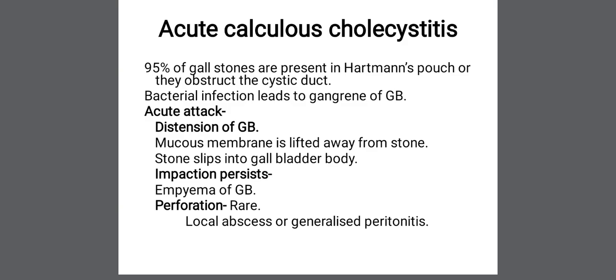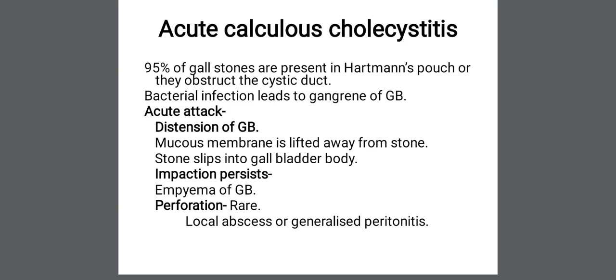That is acute calculus cholecystitis. In acute calculus cholecystitis, the gallbladder is often already affected with chronic cholecystitis and it is acutely inflamed. So the patient will have chronic cholecystitis, and when the gallbladder is acutely inflamed, that condition is acute calculus cholecystitis. In about 95% of cases, the gallstone is impacted in Hartmann's pouch or it is obstructing